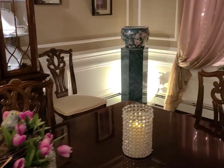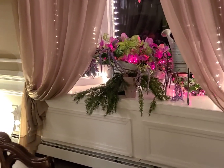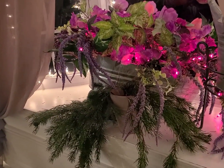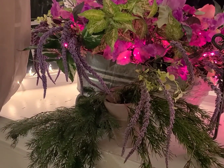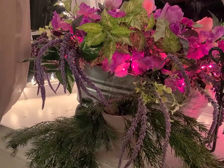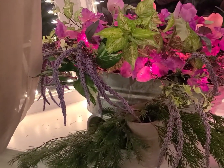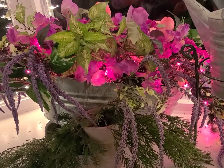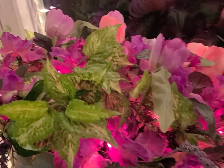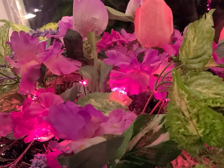I did get a chance to do the window. I'm not going to go outside because it's been raining here all week, and it's very, very wet, and I'm not going to get a good picture in there. But all I did was I angled this tin pot. I can never remember what it's called. And I put in there the garland that was on the china closet, if you remember, and then I filled it with these lilac and pink colored tulips and some of these